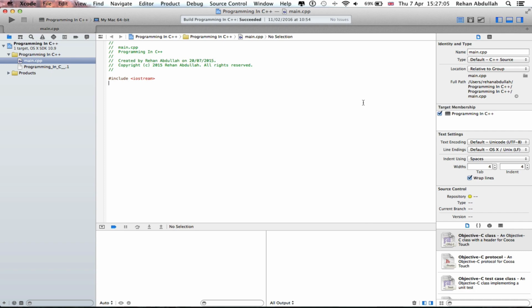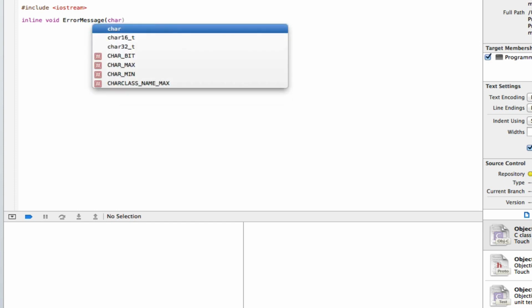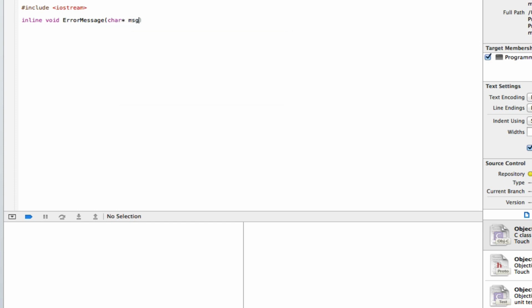Okay, so pointer arguments. We can say inline void error message, and then using char star, just say message. Let me just redo that, redo typing, get rid of that. Okay, so then curly braces, and then we could say std cout